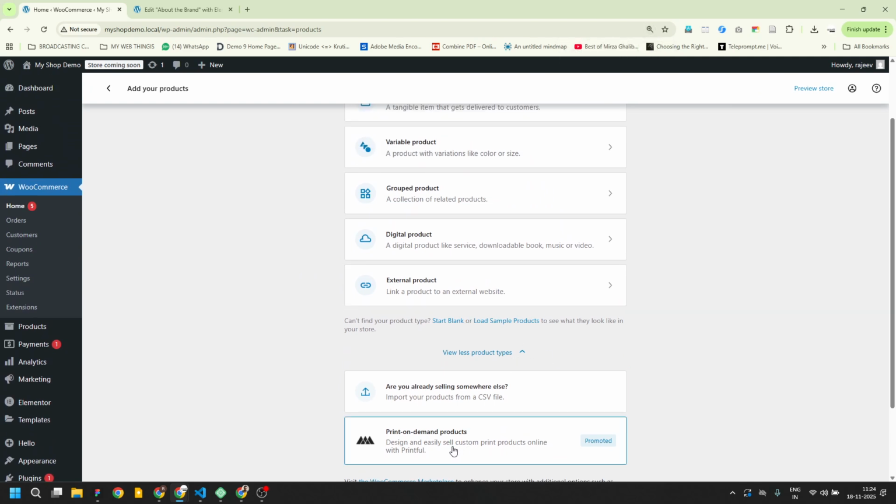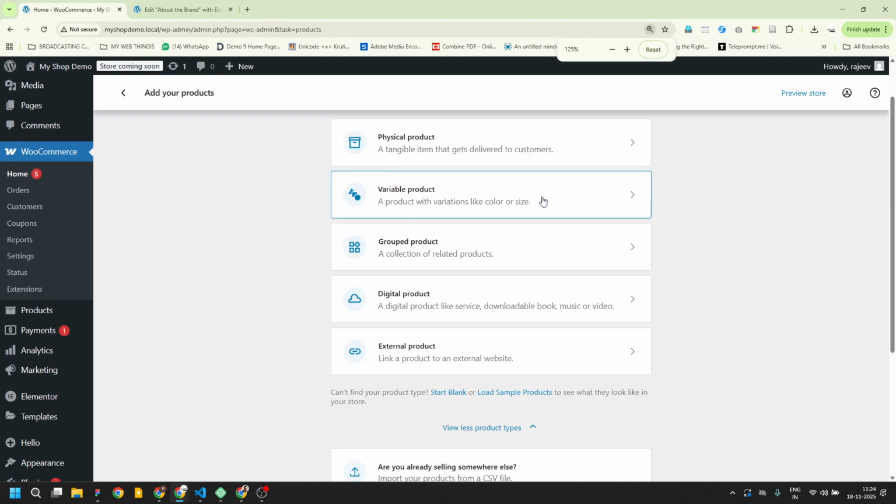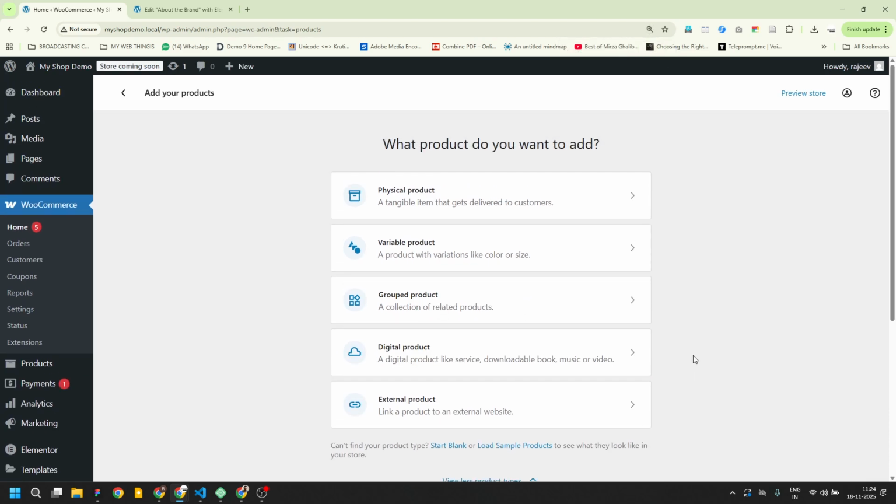You also have print on demand products. That means there is an artwork, let's say coffee mug, and you don't have it in the inventory, but based on the user's order, you will customize it and then send it. So that option is also there. I would advise you to explore all of these. You never know that you may end up creating a small shop and start selling things, right? So I'm gonna just go with the most used one, which is physical product,